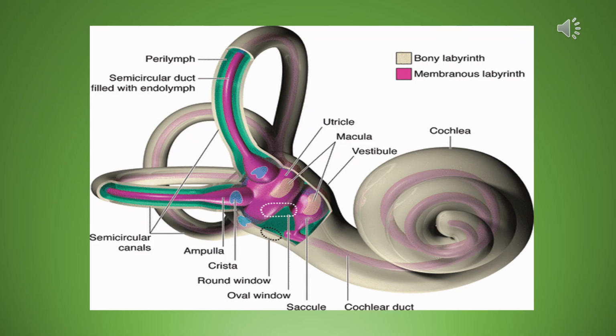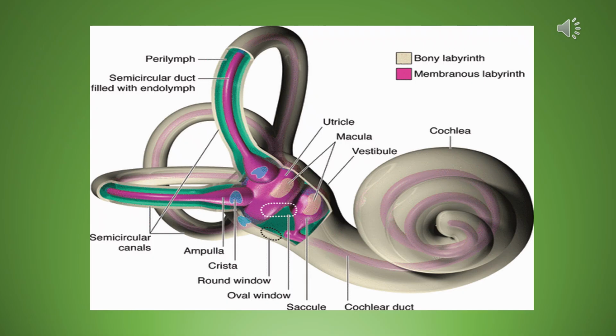In the utricle, our little receptor there is called the macula utriculi, and that perceives motion in the horizontal plane. So you know if you're moving forward or backward, you know if you're moving left or right. The way that you know that is if the head moves, the fluid moves. If the fluid moves, it bends the cilia. If the cilia are bent, potassium channels are opened, the cells depolarize, an action potential is fired. So from the macula utriculi, we have our awareness of motion in the horizontal planes.